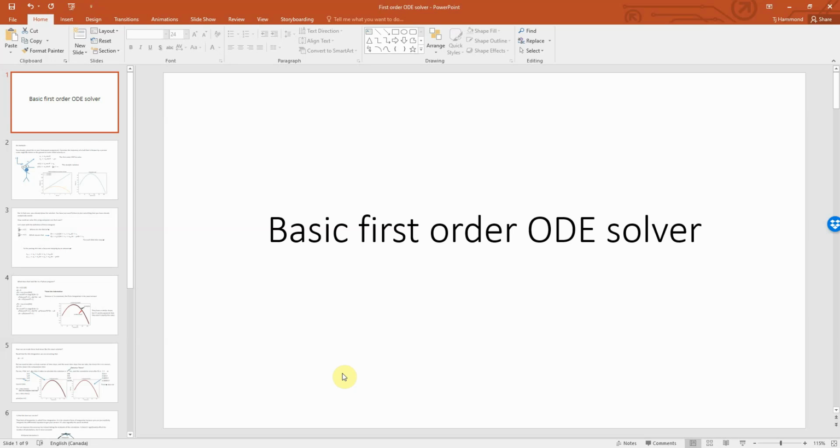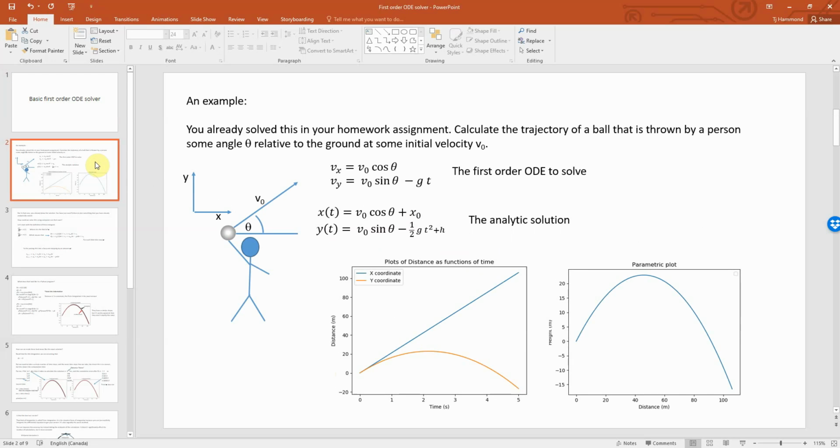This is an introduction to basic first-order ODE solvers for Physics 2500 Intermediate Mechanics at the University of Windsor. I'm also uploading these slides so that you can follow along. What we're going to talk about today is how to plot your data and how to solve these